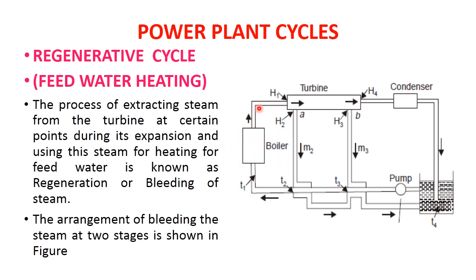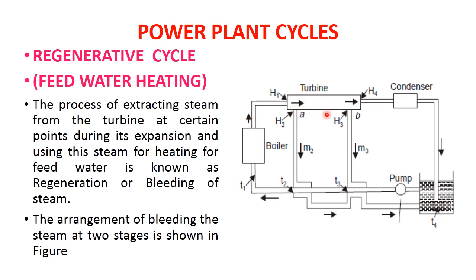So see now here that the boiler is present here, which will produce the steam. At the same time, the steam is entering into the turbine. Then after the turbine, it will go to the condenser, then from the condenser it will go to the pump, and then the actual system will remain constant.